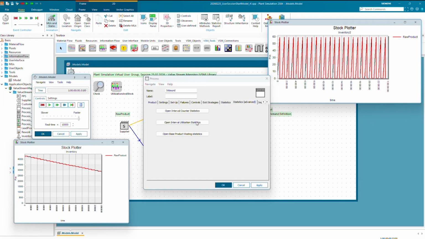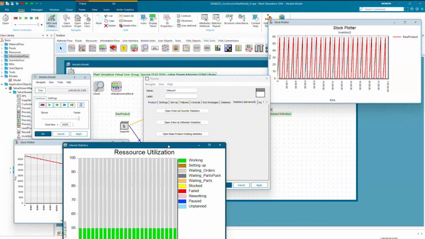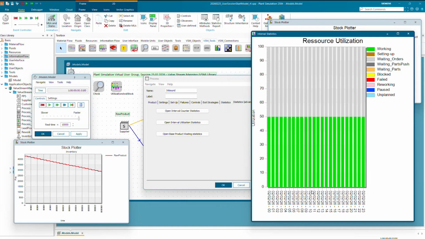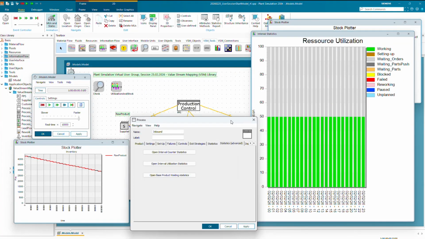Or you have also interval statistics for this process, and there you would see the exact behavior. Utilization is the same as before, but now the x-axis is split up by hours. So you would see in each hour it works half the hour and waits half the hour for an additional order to come in, to already consume some of the plenty of available parts beforehand.